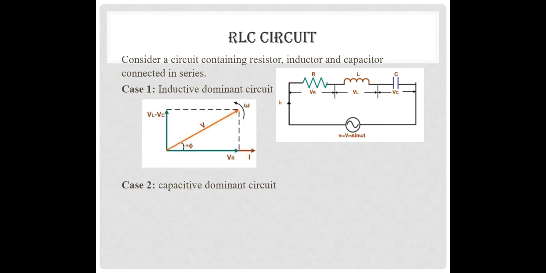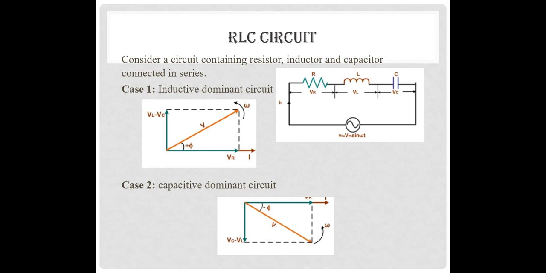In an RLC circuit, the resistance, capacitance and inductor are all connected in series to a power supply, right? Here we are considering two cases, inductive dominant circuit and capacitive dominant circuit. In the inductive dominant circuit, if you see the phasor diagram, the inductor is going to dominate. So in an inductor, current lags, right? So current with respect to voltage is lagging, right? So VL minus VC, the VC will be lying downwards. If we take the vector, it will be VL minus VC, and by parallelogram law the resultant comes, right? The capacitive dominant circuit is also the same way.